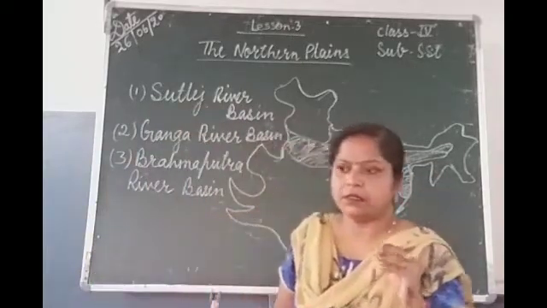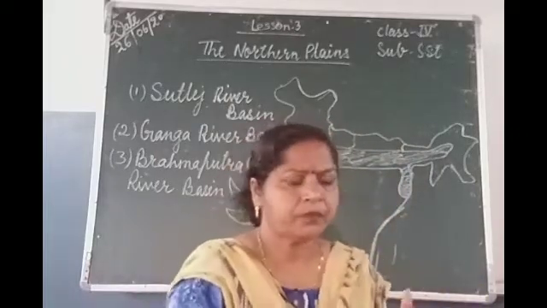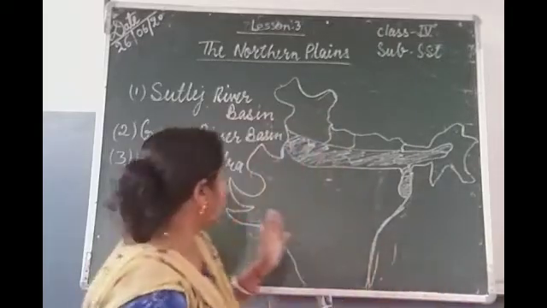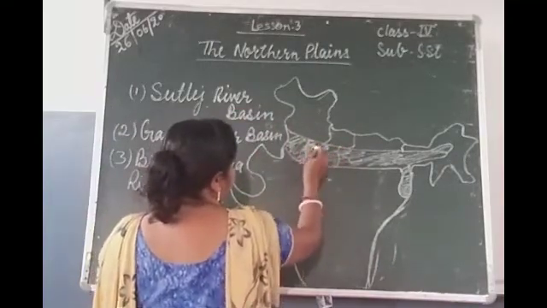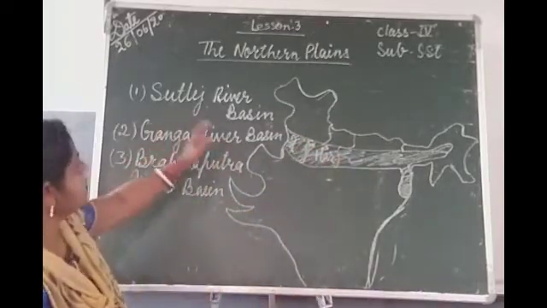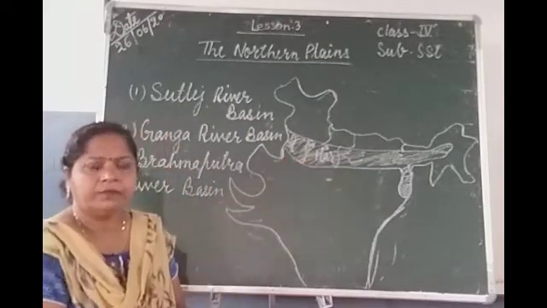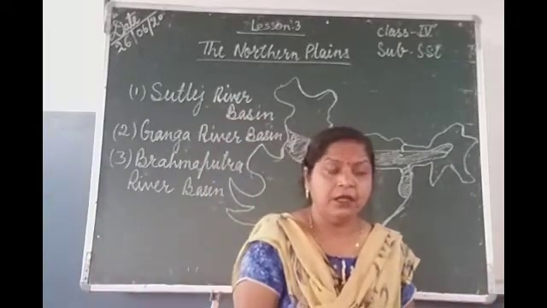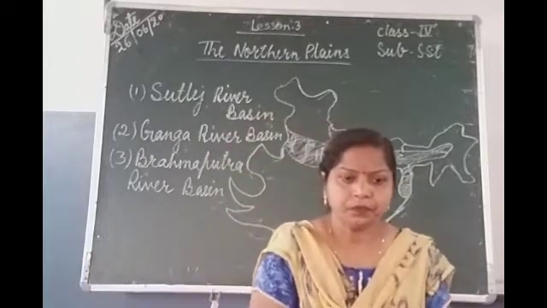The Satluj basin is made by the river Satluj and its tributary, that is Beas. These 2 rivers combine and make up this basin that is called the Satluj basin. It is mainly in Punjab and Haryana. This river basin includes the states Punjab and Haryana. This basin has an extreme climate. That means it is too hot in summer and too cold in winter.